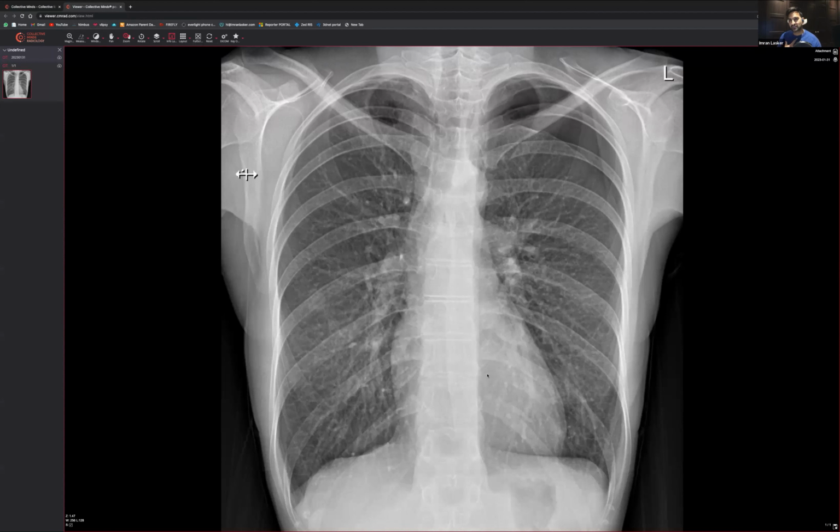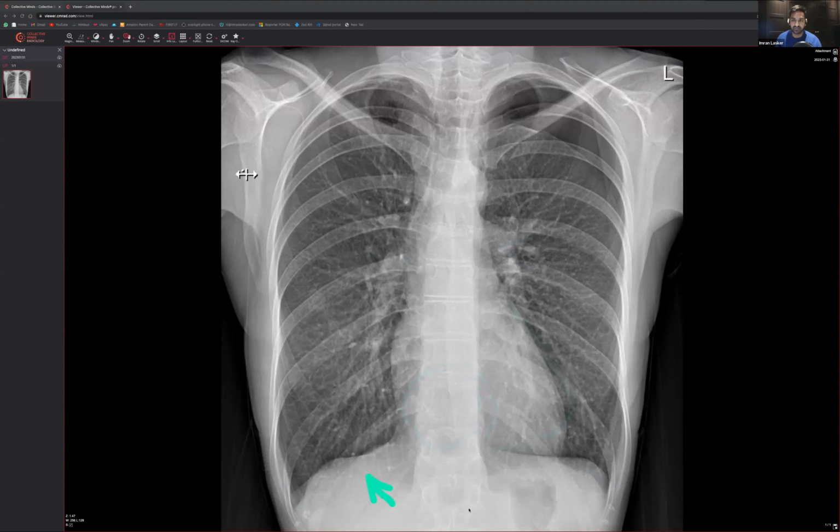Whenever I look at chest x-rays, I just have a general look first. If nothing pops out at me straight away, then I've got check areas. My check areas are the costophrenic angles, over here and over here. And then you want to check the hila as well to make sure that they're okay. Exactly. Well done. Some people are picking up. Like I said, some cases are easy, some cases are not so easy. Then you want to look behind the heart, make sure there's no abnormality behind the heart. Sometimes you have a bit of a hiatal hernia.